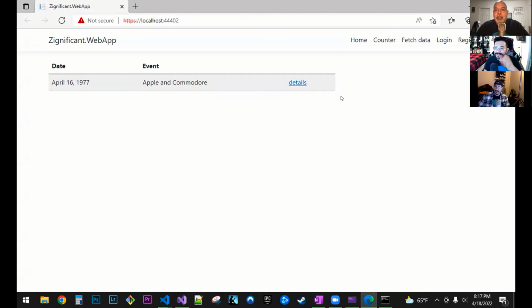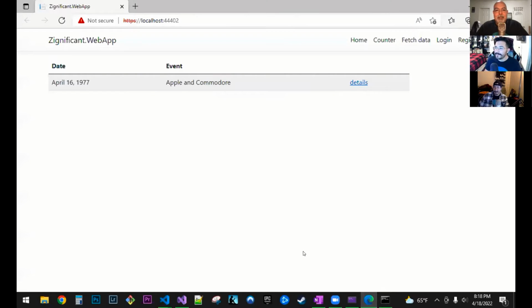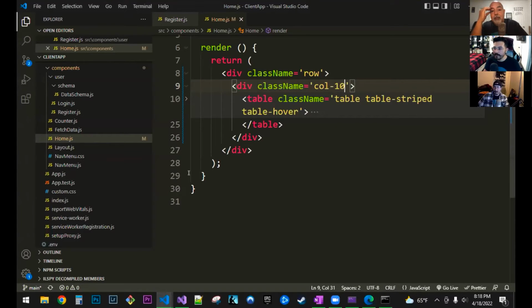Let's do 10. 10, I think, would probably be better. Yeah, it makes it more centered. We could also center it too, can't we? We could. Whoa. That works good. And I believe that we can actually push it over one column. And the way that you would do that,